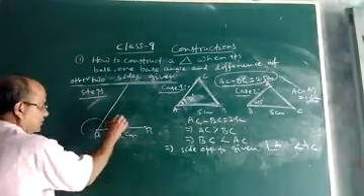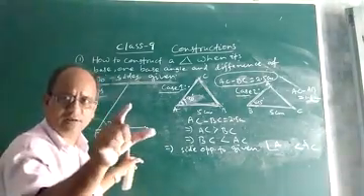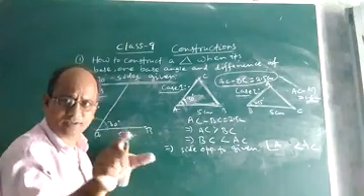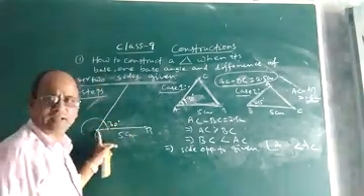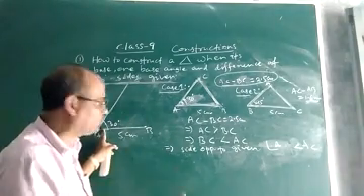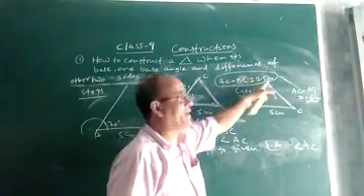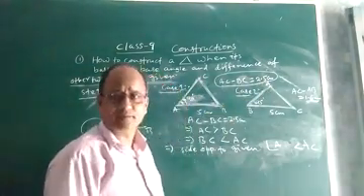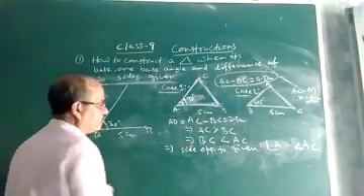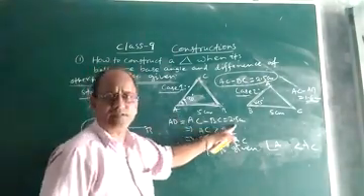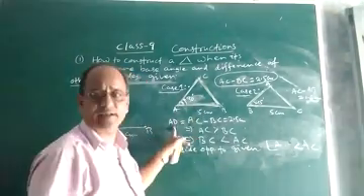That means first I constructed AB equal to 5 cm using scale, ruler and pencil. Then I constructed 30 degrees at the vertex A. After doing this, what will I do? See, this difference AC minus BC, the difference of the other two sides, is 2.5 cm. Let us take it as AD.